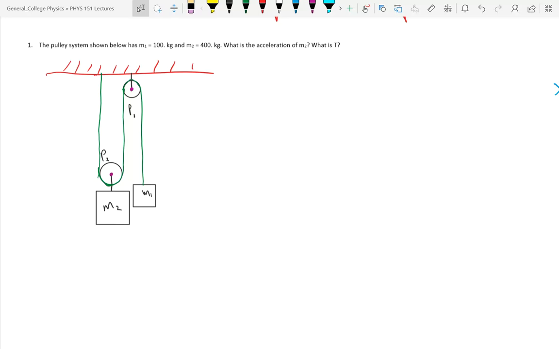So now we want to go ahead and figure out how this is going to work. Before I start, I want to look at some constraints. In physics, we make a lot of assumptions. We make the assumption of an ideal pulley. There are 2 pulleys here labeled P1 and P2. An ideal pulley means the mass of the pulley is equal to 0. So pulley 2 is going to move up and down with mass 2, but our ideal pulley has no mass, so its mass doesn't affect my problem. And second of all, they have no friction